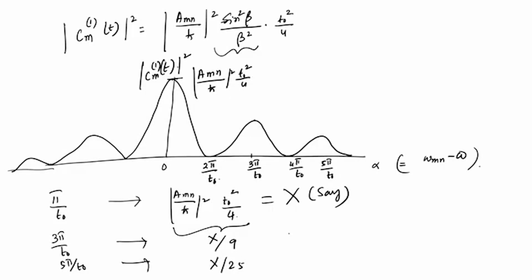Once we get this transition probability for this emission transition, then the intensity of the EM wave